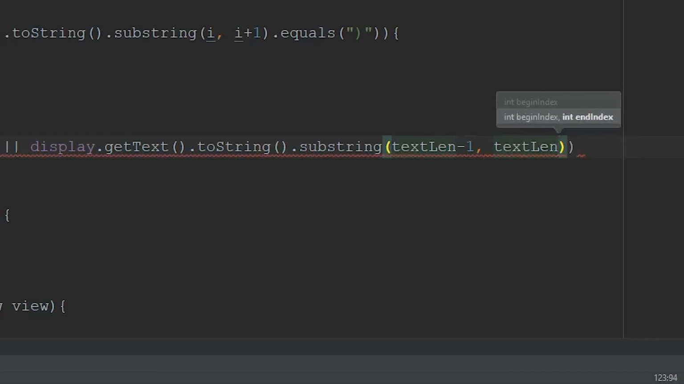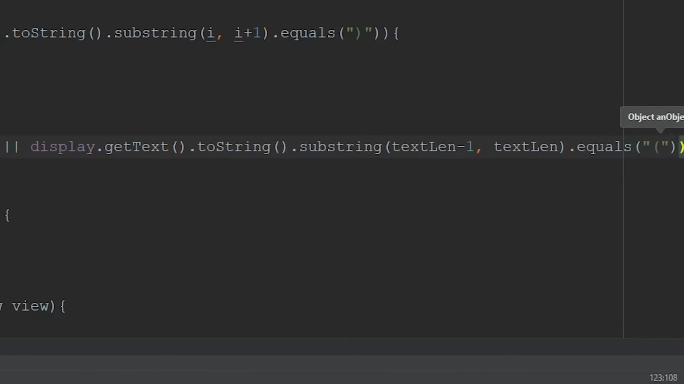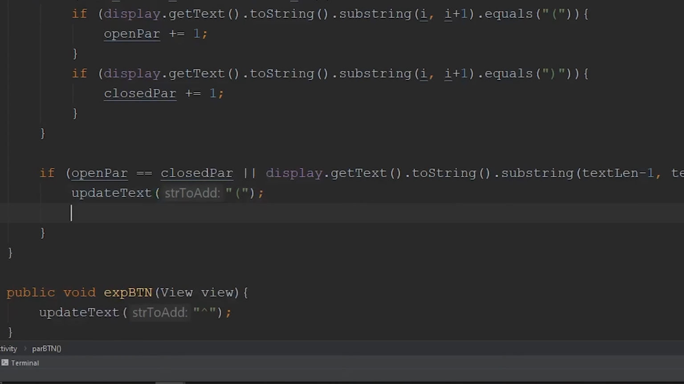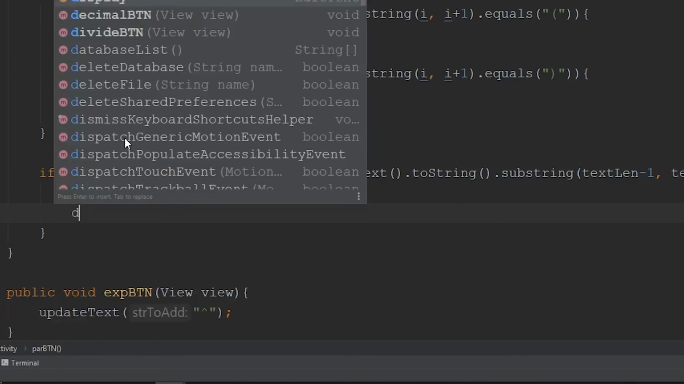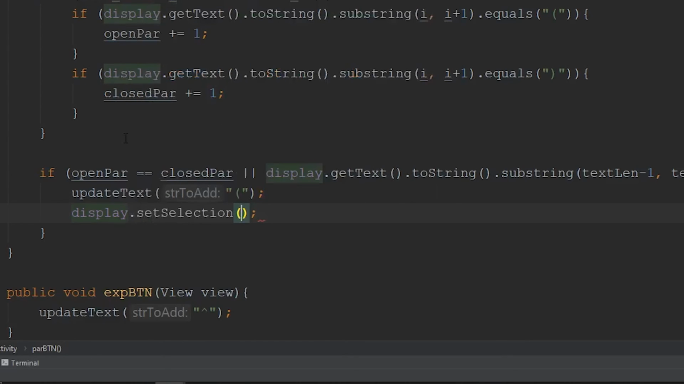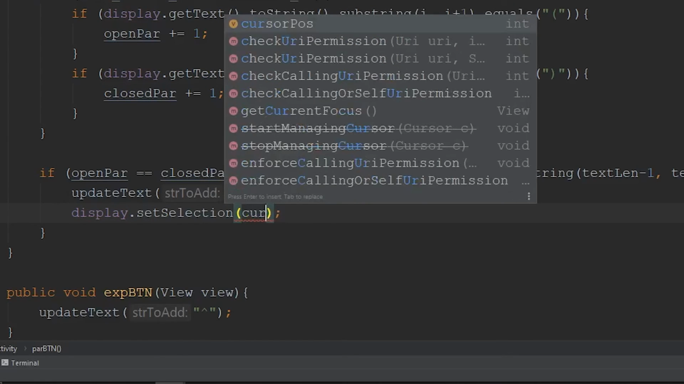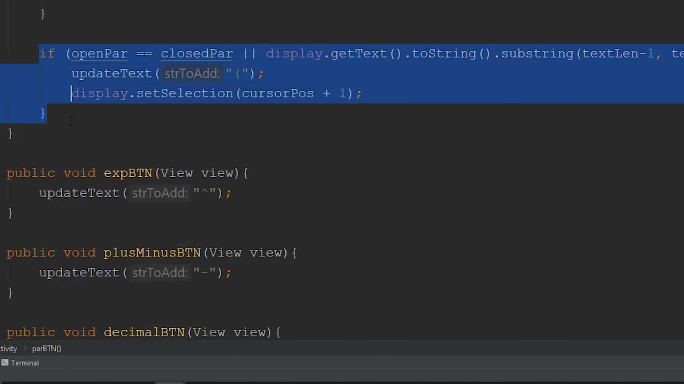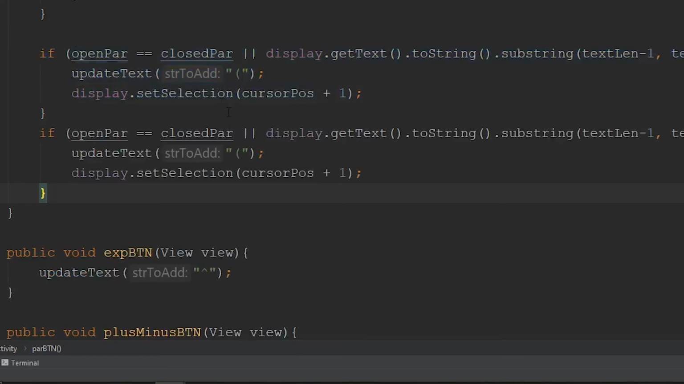And then if that equals our open parenthesis, then we're going to want to update our text. So we're going to use our update text function that we created, and we're just going to want to add in an open parenthesis. And don't forget, we have to increase the cursor's position. So we're going to go display dot set selection. Then we're going to take in the cursor's position and increase that value by 1. Then we can copy this and then use this logic to determine whether or not we want to add in